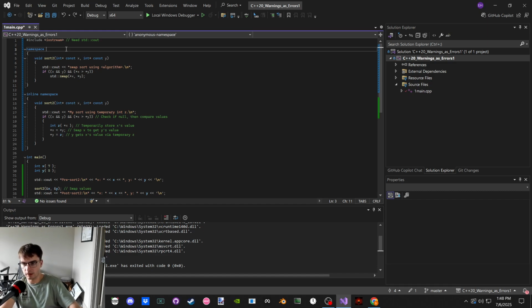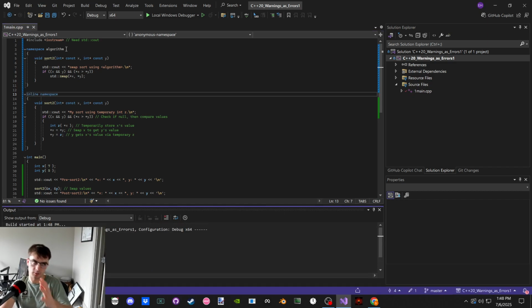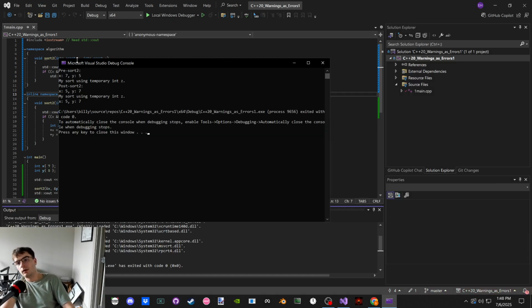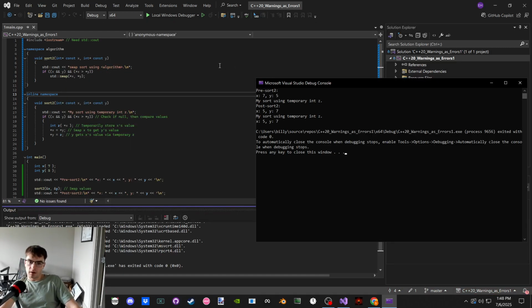That's an unnamed namespace now. And actually that needs to be named something. Algorithm. Just home, control delete, inline. That way it could be used anywhere else, so that any other function that's using sort2 is now using this version. And now we're using my version.